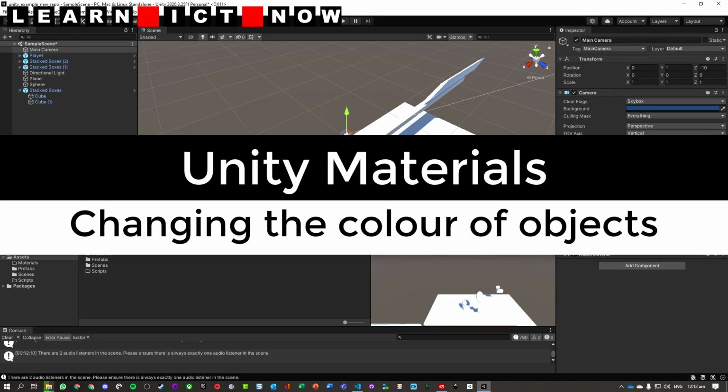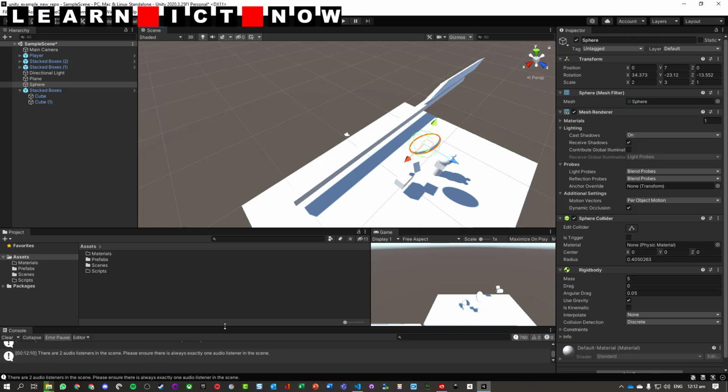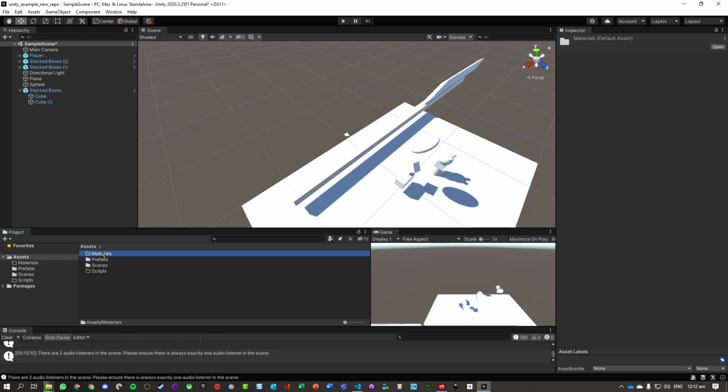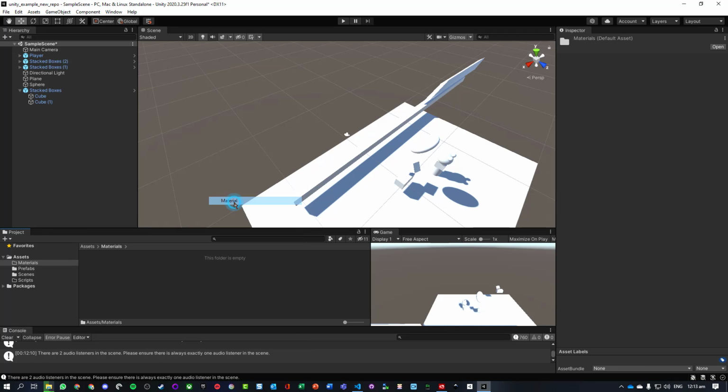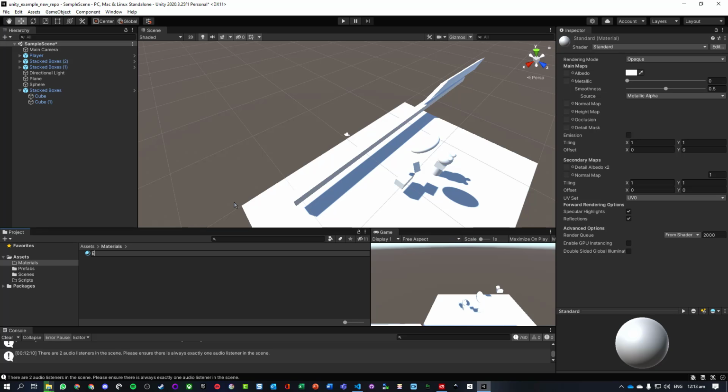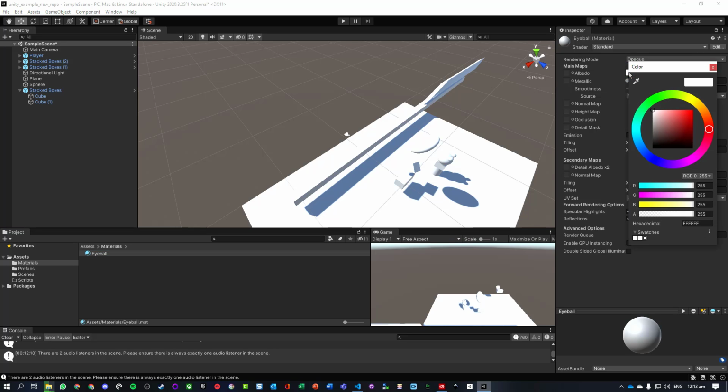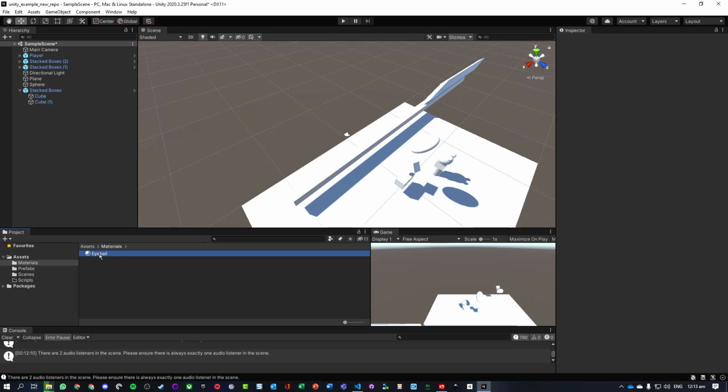Okay, so in Unity how we change the color of objects is by creating materials. So I've created a materials folder and I'm going to right click, create material, and I'm going to make a material called eyeball, and on the right in the inspector I'm going to change its albedo to basically black, and then I can drag that